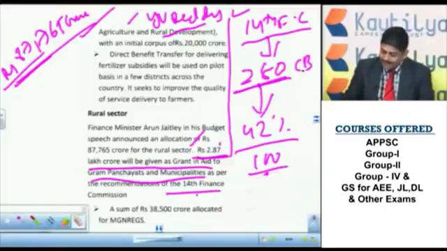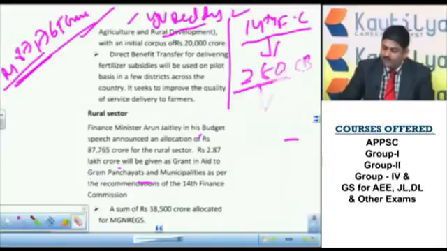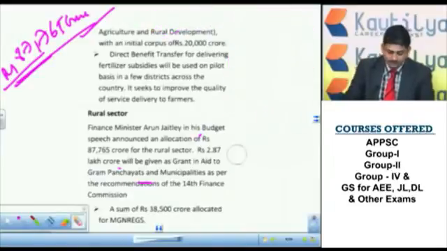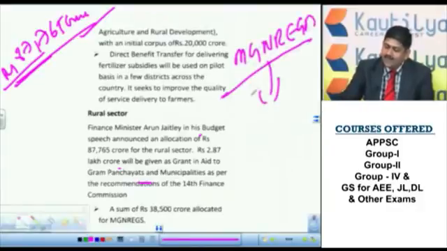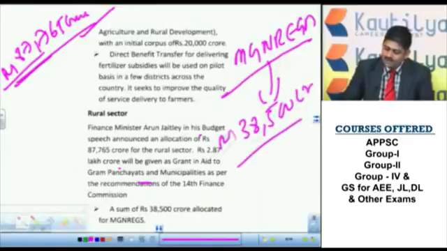Now, another important allotment for rural development is the allocation for MGNREGA, the Mahatma Gandhi National Rural Employment Guarantee Program. 38,500 crore this time. You have to remember this because the scheme is already in discussion, as opposition parties are alleging that the government of India is not giving much importance to this flagship program.